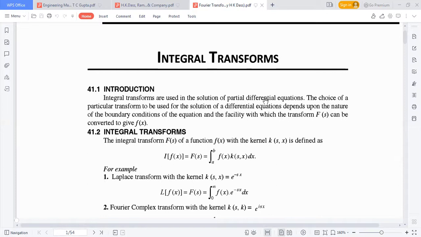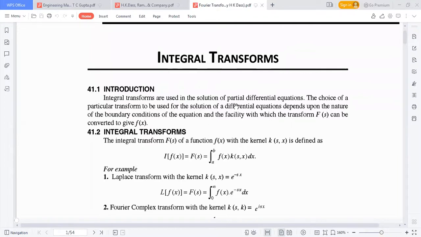So first of all, we must know what differential equations are. A differential equation is an equation which consists of differential coefficients or derivatives. If there is a single dependent variable and a single independent variable, then it is an ordinary differential equation. On the other hand, if the differential equation consists of one or more dependent variables with respect to more than one independent variable, it is called a partial differential equation.